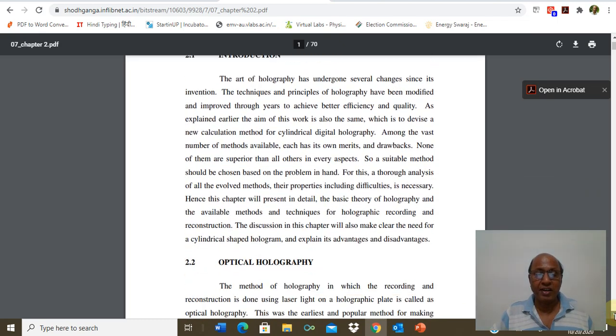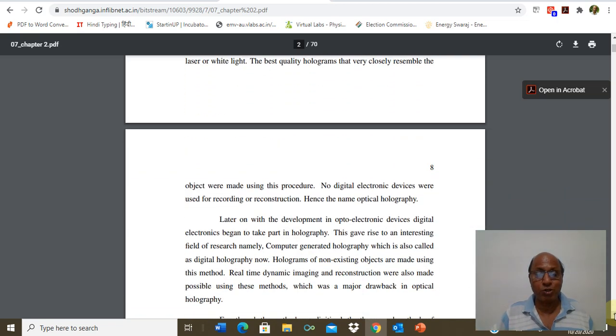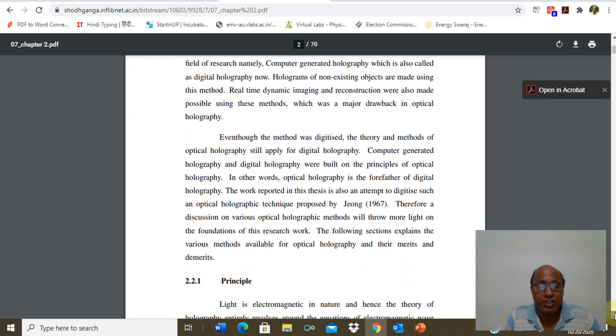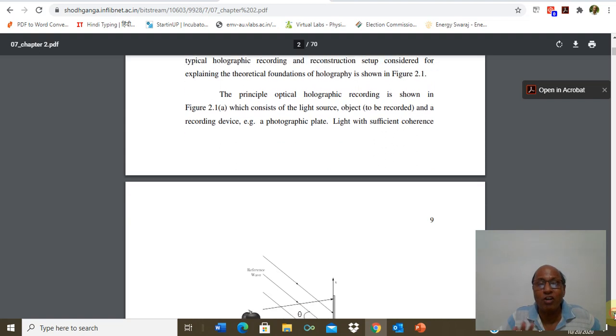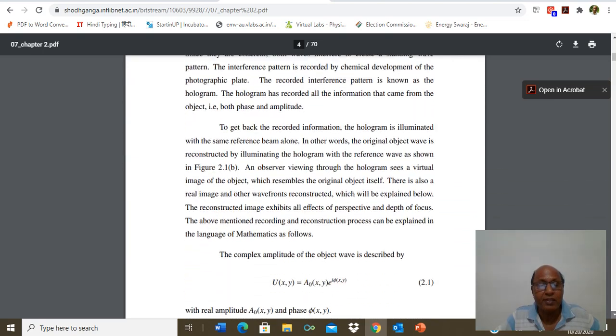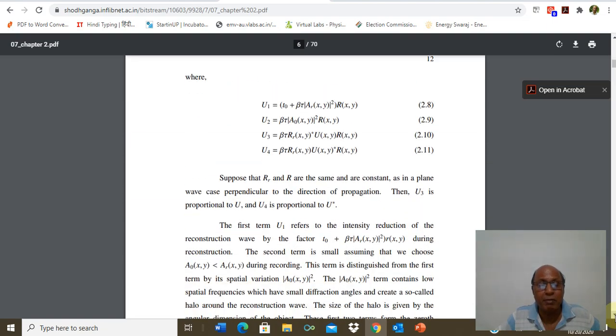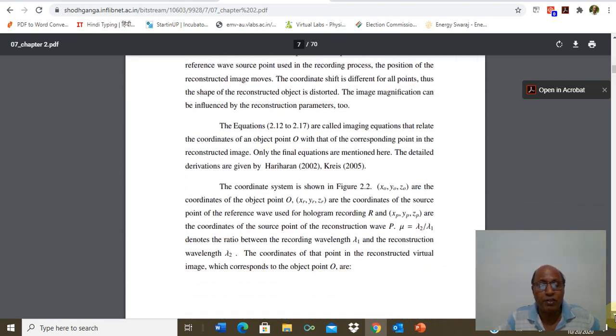So this is a paper on holography. I'm not interested in all the details, but if you are interested, you can go through the other details also. What I am interested in is the classification. So I am going straight to those areas. The principle we already have discussed. Here they are giving an example. See, this is the example of an offline hologram because the object wave is coming from this portion, whereas the reference is from the other direction. Anyway, this is just the theoretical derivation of the holography principles.